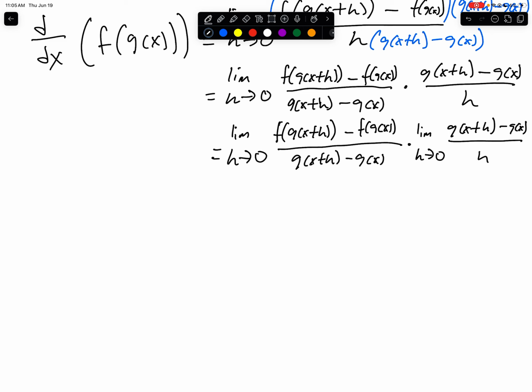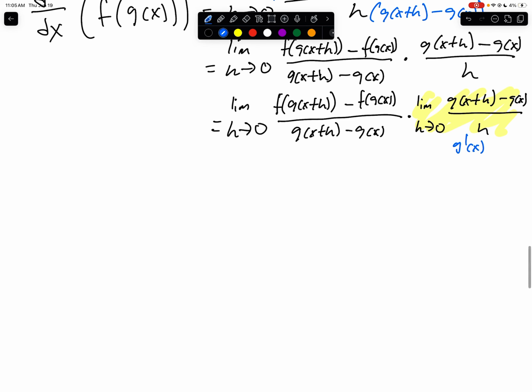And hopefully you recognize this. We're just literally using the limit definition on g of x. So this should be g prime of x,